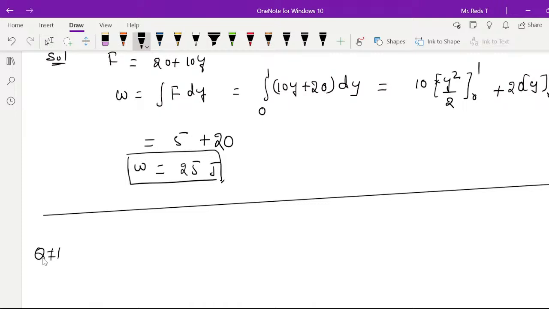So it is a 2016 question. The question is, a particle moves from a point